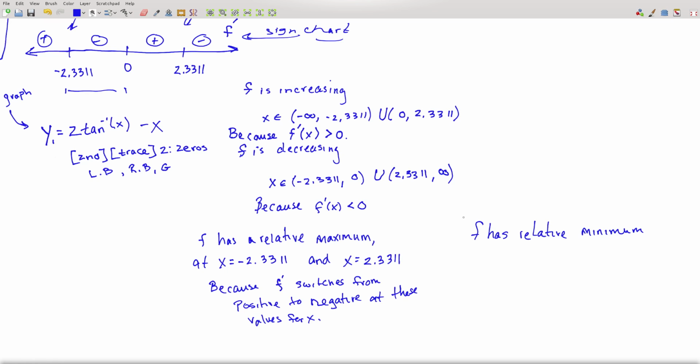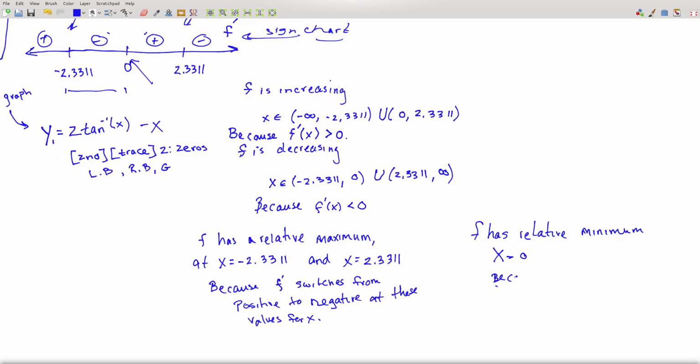at the following points. Well, it's going to have a relative minimum wherever it goes from decreasing to increasing. So those are the places where the first derivative goes from negative to positive. So that's going to be like right in here. See here it goes from a negative first derivative to a positive first derivative. So there it has a relative minimum at x equals 0